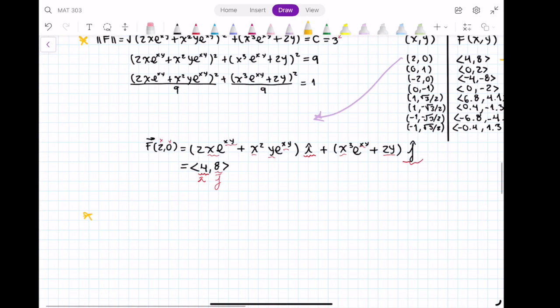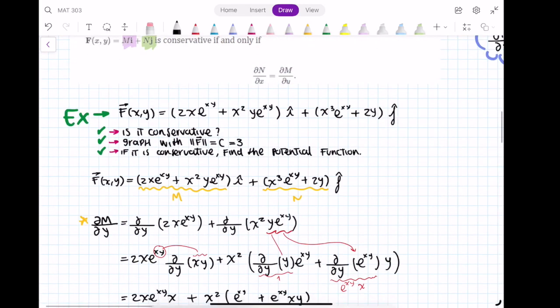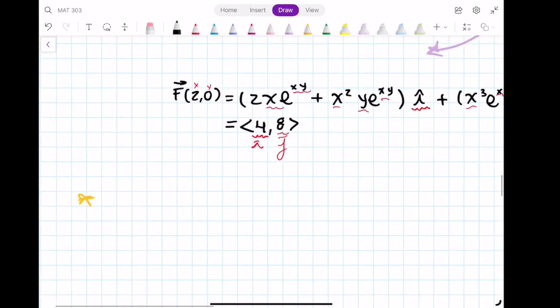To find the potential function, we take the integral of M and N. Remember we did it here, M and N. So now the potential function will be f of x and y equal to the integral of